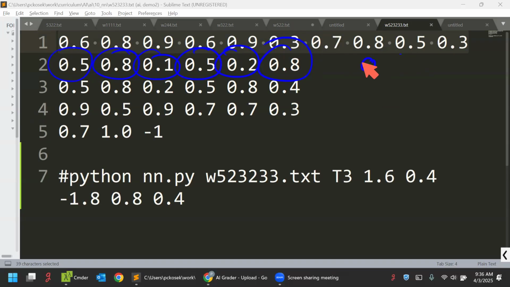So I had 2. This one had 6. Therefore, it had 1, 2, 3. 1, 2, 3, 4, 5, 6. How many in this? 2. 1, 2, 3, 4, 5, 6. The final output is 3. And this last row is